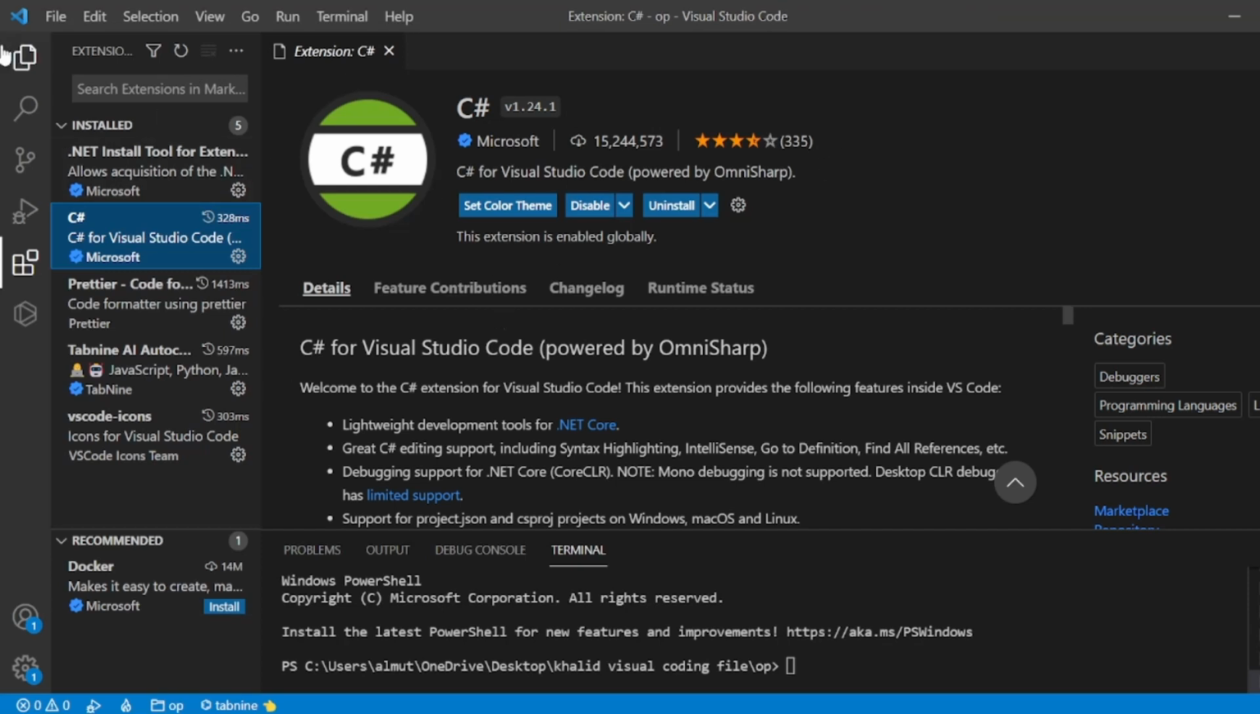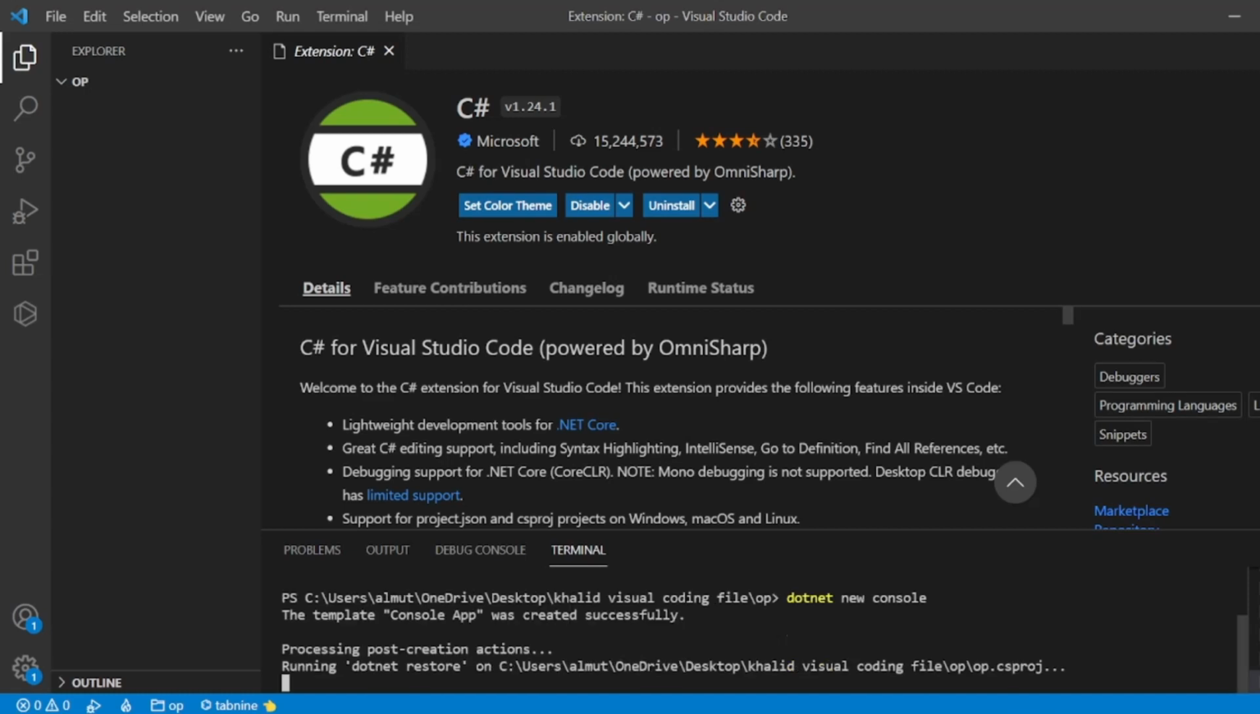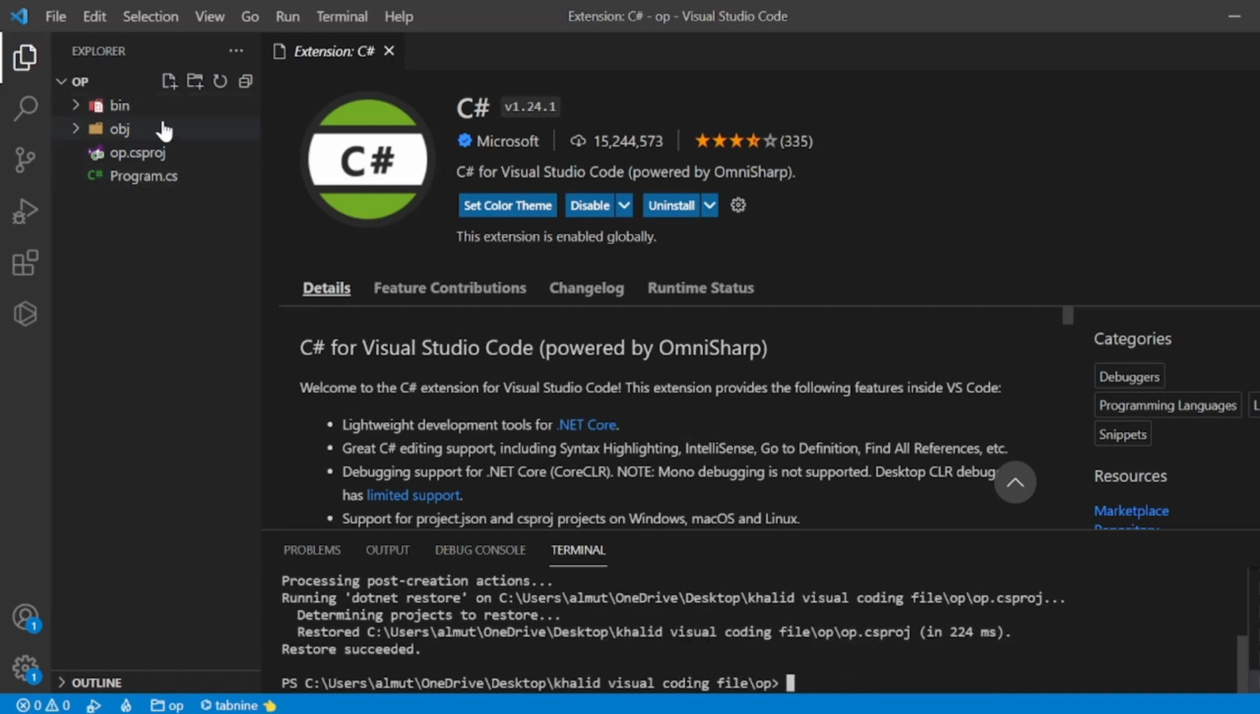If you finish downloading, you can continue and press .NET new console. This is the easy way, so you don't have to download other stuff and do more complicated things. So press enter. Basically, these files download. After you see this, it means it's finished. It depends how fast it's going to be downloaded based on your PC speed and